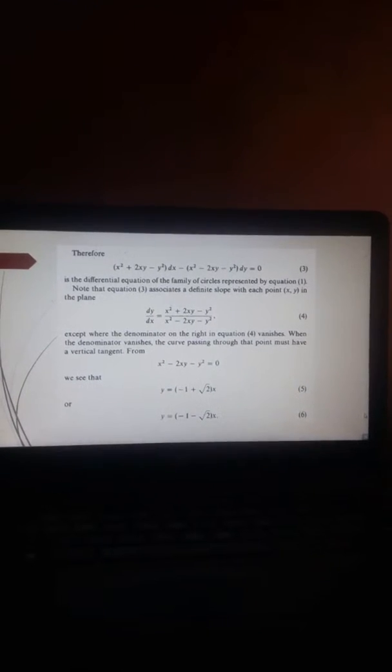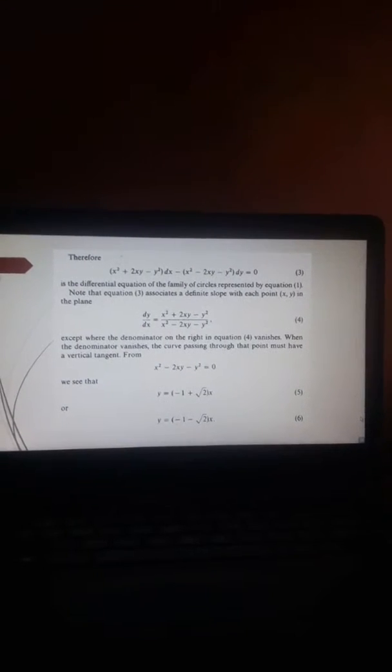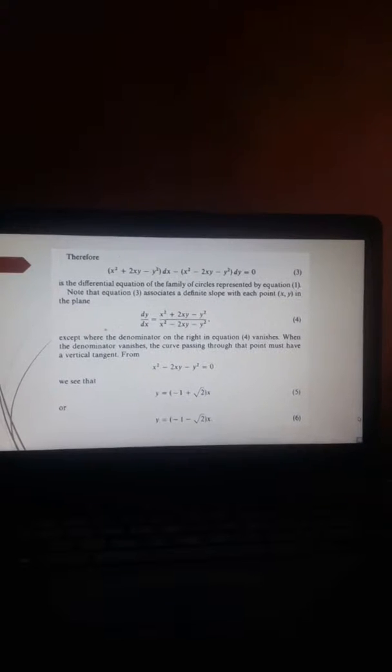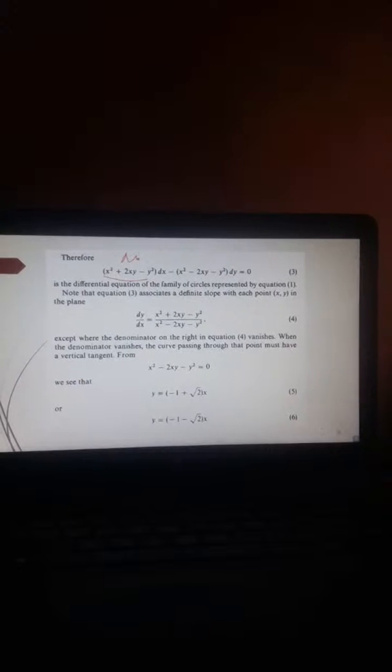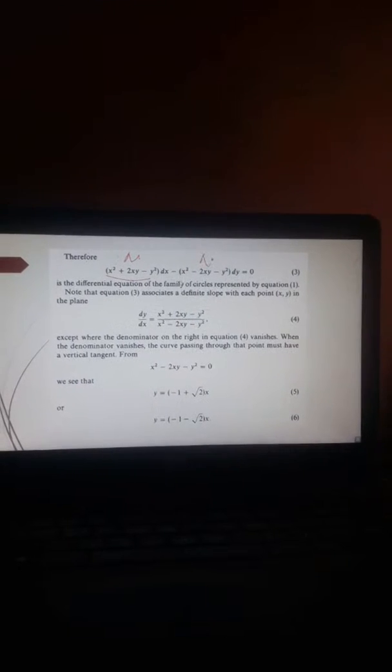So our dy dx, so solve natin yung dy dx natin is equal to x squared plus 2xy minus y squared all over x squared minus 2xy minus y squared. So, di ba? Sa introductory part natin, this is our m of xy. This is our n,